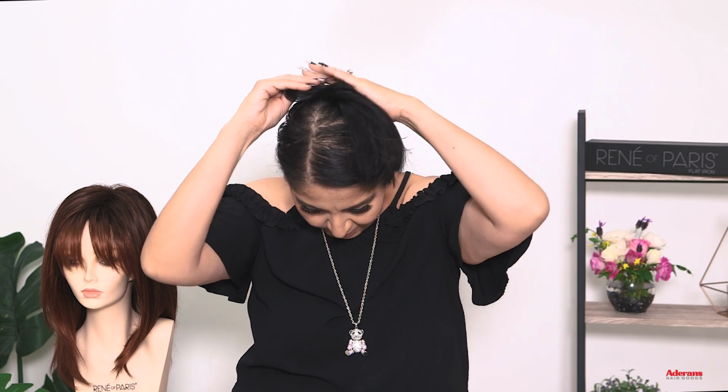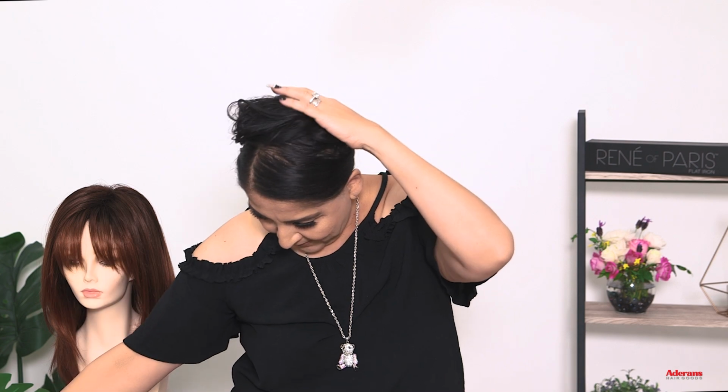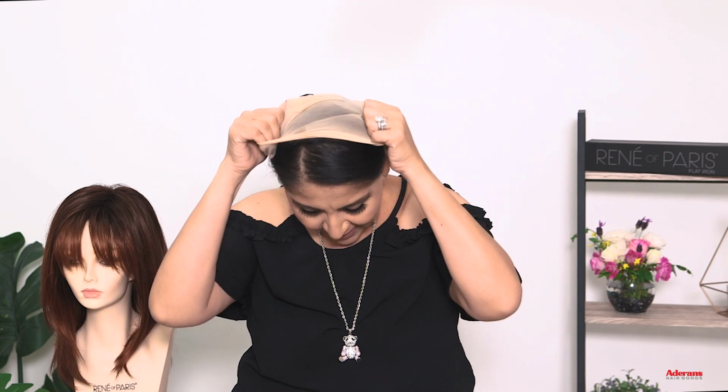And what I do is, I have done this so long, so many years, that I don't use wig pins. And I don't like wig pins because they get stuck in the wig cap, they tear it, and then when I'm putting my wig on, they get stuck in the foundation. So I just take my wig liner